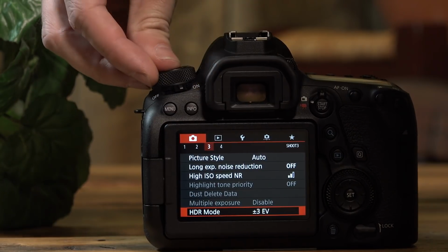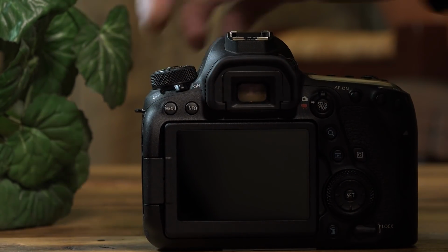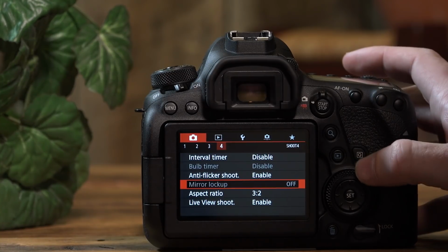Again, we'll go back to the M mode on the dial. So you have to be on one of the custom functions, C1 or C2, if you're going to do the HDR. All right, going into our final one, number 4,